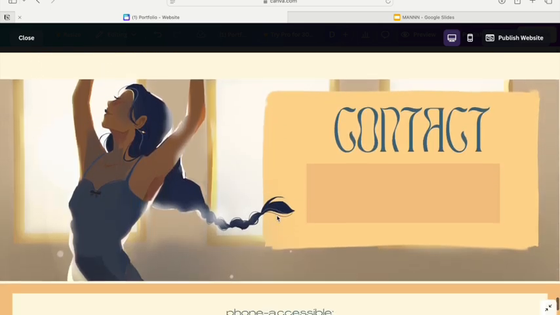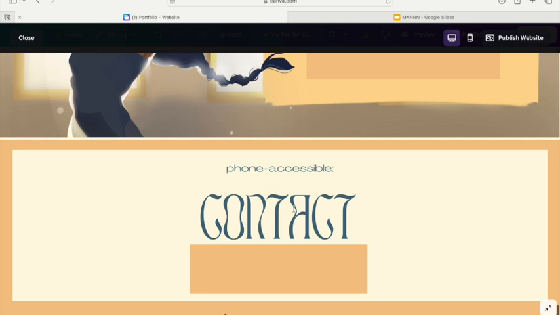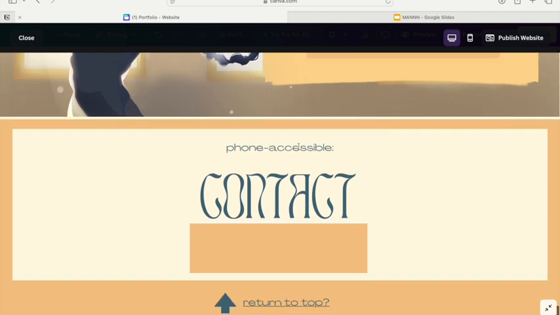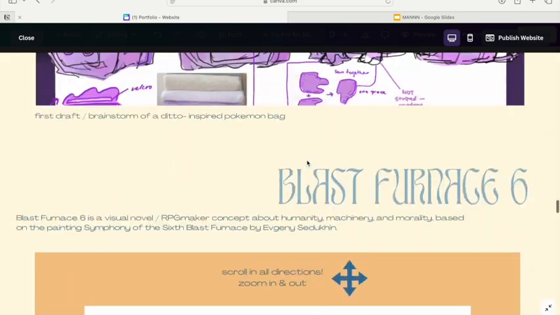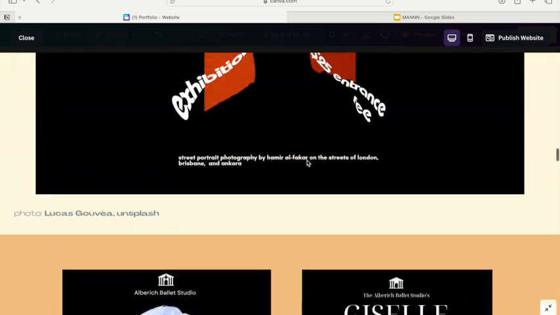And I put a contact here, but then I put a phone accessible version in here, and I thought they would like that because if you open the official website on your phone, it looks like trash except this, which moves to fit the phone screen. And I thought they'd appreciate that as designers or whatever.